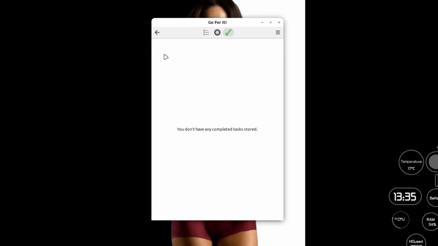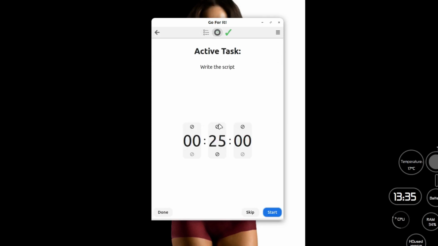If you hit it again, it will undo the task here, and you can also select the task and hit the timer button here, and this will start the default timer. You can simply change the time, and you can also specify default settings for the timer. For that you can simply go to the settings.